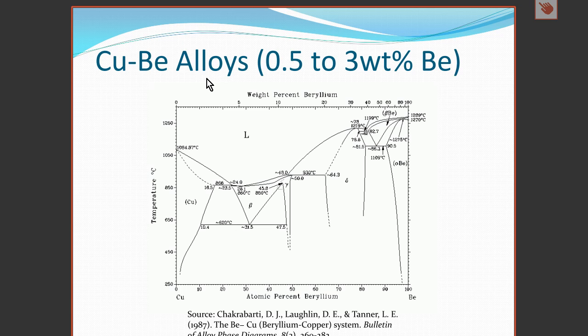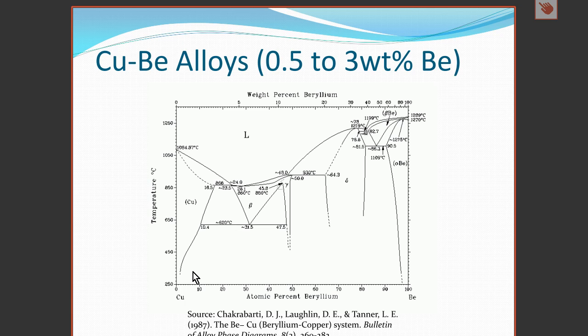Here we see the copper beryllium alloys, which contain between 0.5 to 3 weight% beryllium. And once again, we see here a eutectoid reaction. So with a 3% beryllium, which will roughly be about here, at high temperatures we have a single phase material. But upon cooling it, if we cool it rapidly, we will have a supersaturated solution, just as we saw with